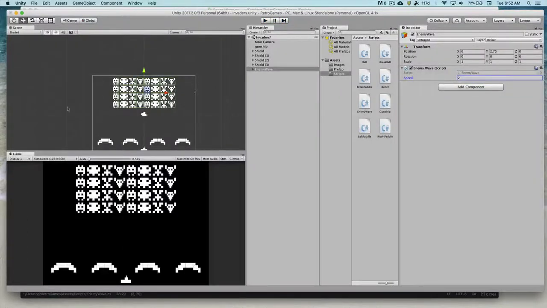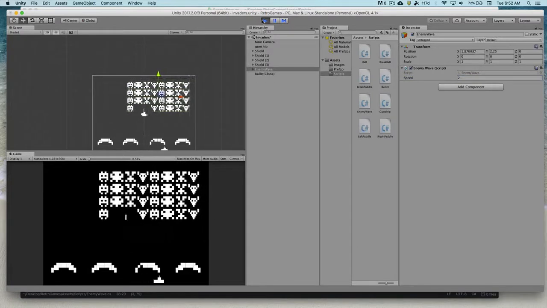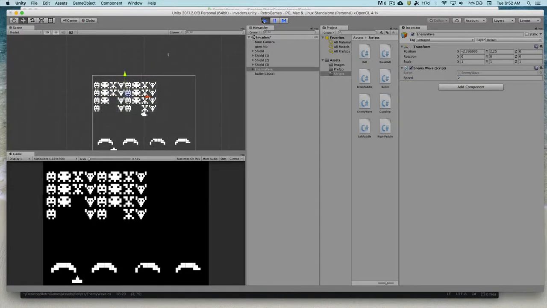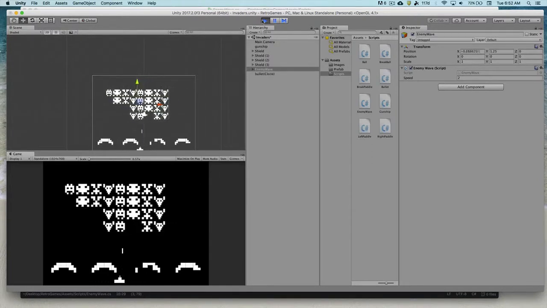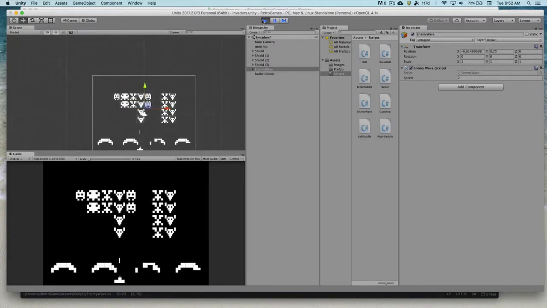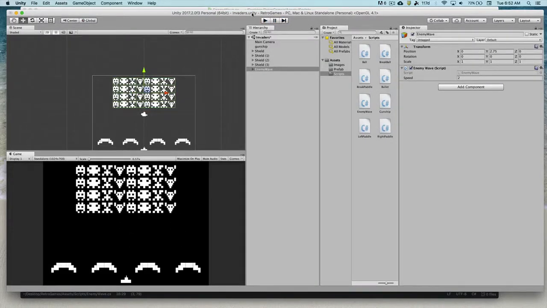So that is our enemies moving left to right. When we fire off, we can take out some of the enemies, but there's really no reason to have a base because we need to have the aliens kind of fire back. So what we're going to do, and this is what's nice with Unity and game design, or game development,